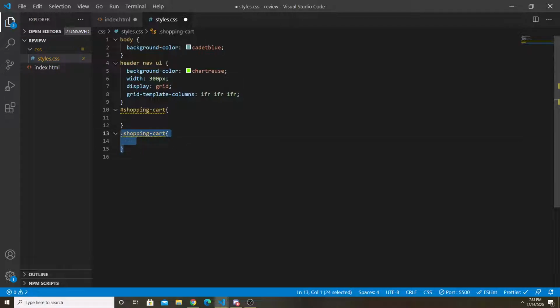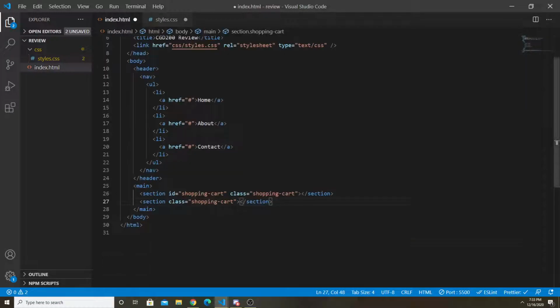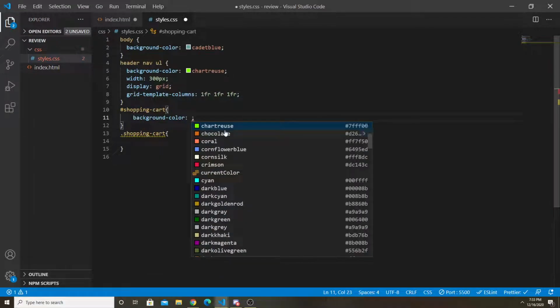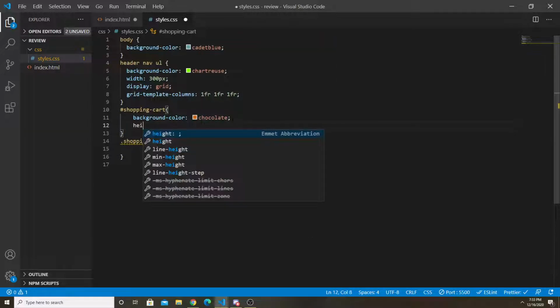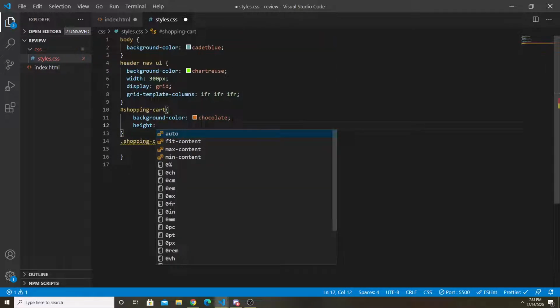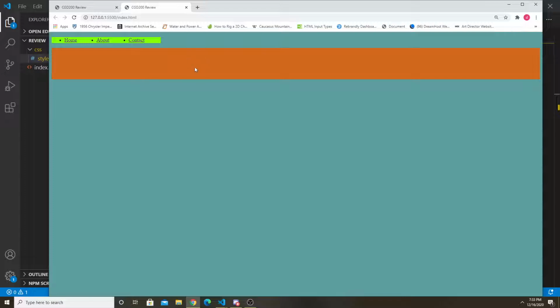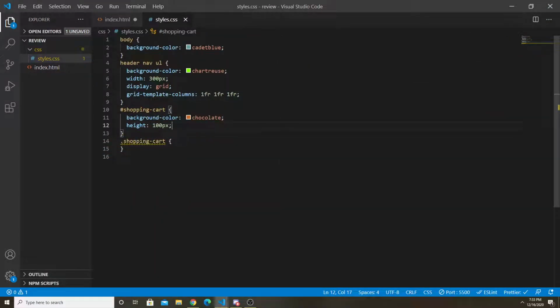Okay, so this is for classes, this is for IDs if you're gonna change the CSS. So right now I've got something with ID and class shopping cart, and I've got something with just class shopping cart. If I say the thing with the ID shopping cart, I want it to have a background color of chocolate, let's say, and a height, so we could see it, let's say 100 pixels. If I look at this, we can see there's one thing here that's with that chocolate background and a height of 100 pixels. If I put this instead on the class,